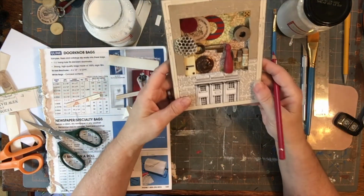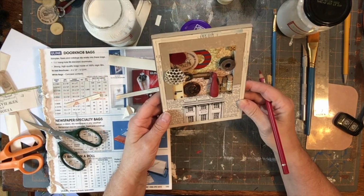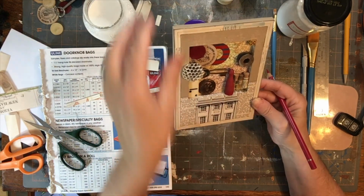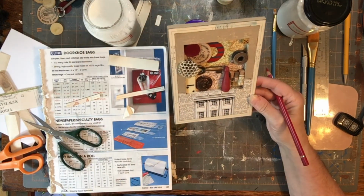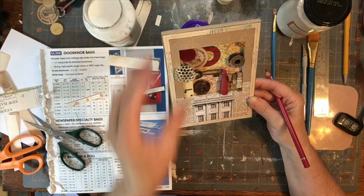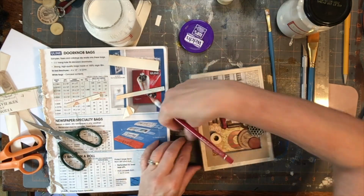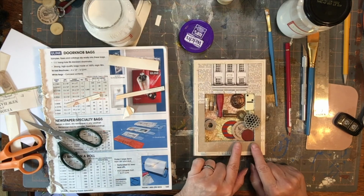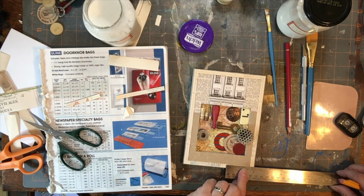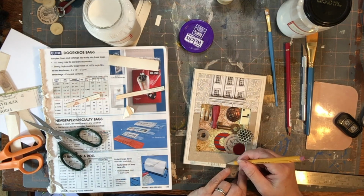I don't know if you can see that, but it does just add a little bit of red to the outside here. And I might draw a line all around there. And I am definitely going to draw some lines up here in black. Like a grid. A grid that's going to be 1/4 of an inch